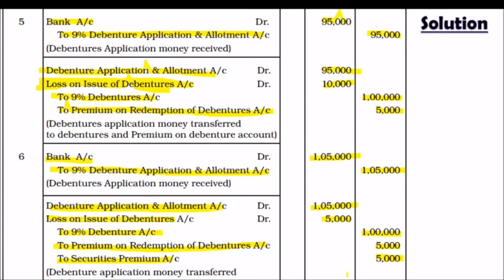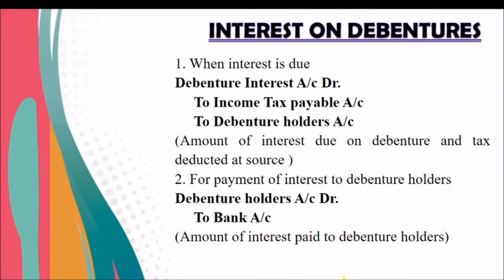So we are moving to the next topic from issue of debenture, that is interest on debenture. You know very well the name 9%, 12%, 10% debenture. All these indicate the amount of interest paid for the debenture holders. So it is a tax deductible income. The government must get the income from the